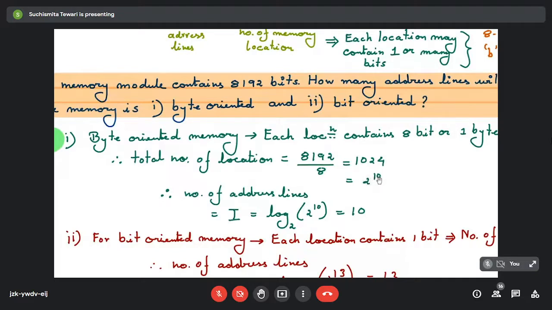So here, the number of address lines, now you are coming down to this formula. I is equal to log to the base 2 of the memory locations, and the number of memory locations that we have already calculated here is 2 to the power 10. So here comes the significance of writing it in the form of 2 to the power n, since it is related through a log to the base 2. So log to the base 2 of 2 to the power 10 is nothing but 10. So if the memory is byte oriented, you need 10 address lines to